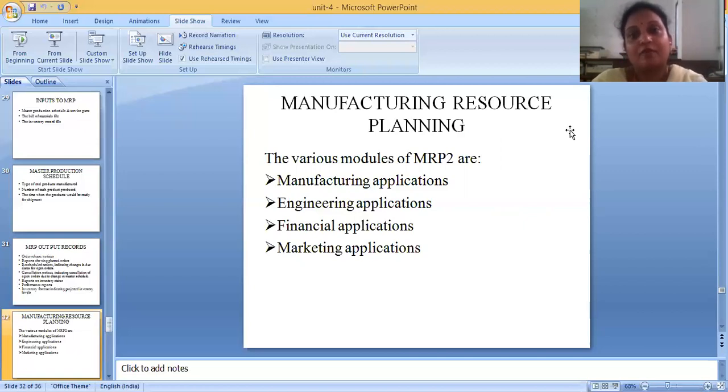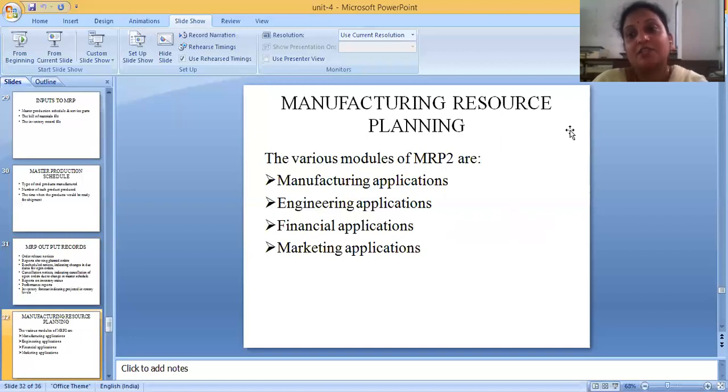Here there are four things that we take into consideration. First one is the manufacturing applications. It means what machine tools, jigs, and fixtures you're going to use. The requirement of all the resources that you need will come under the manufacturing applications. Next one is the engineering applications. Engineering applications means, in order to make this component, what different mechanisms you have to use. So that comes under the engineering applications.